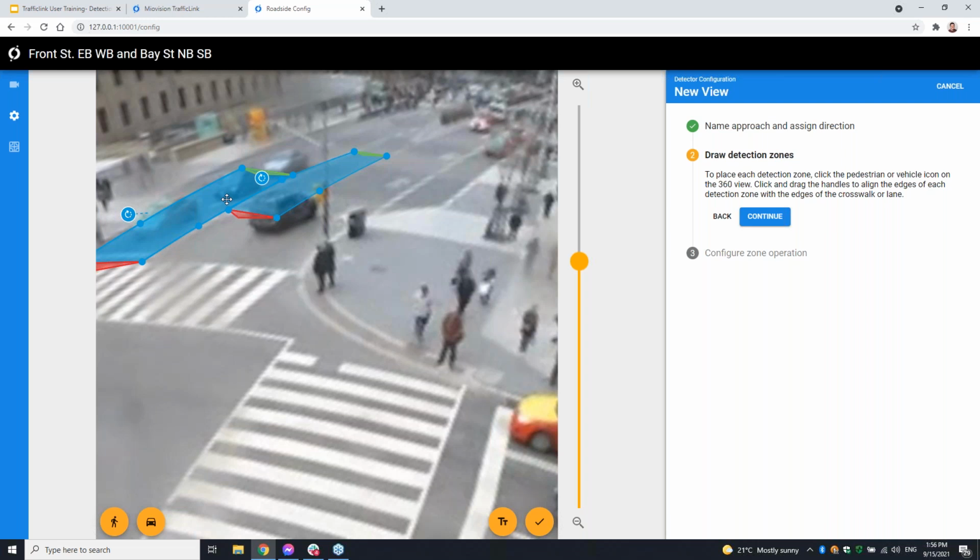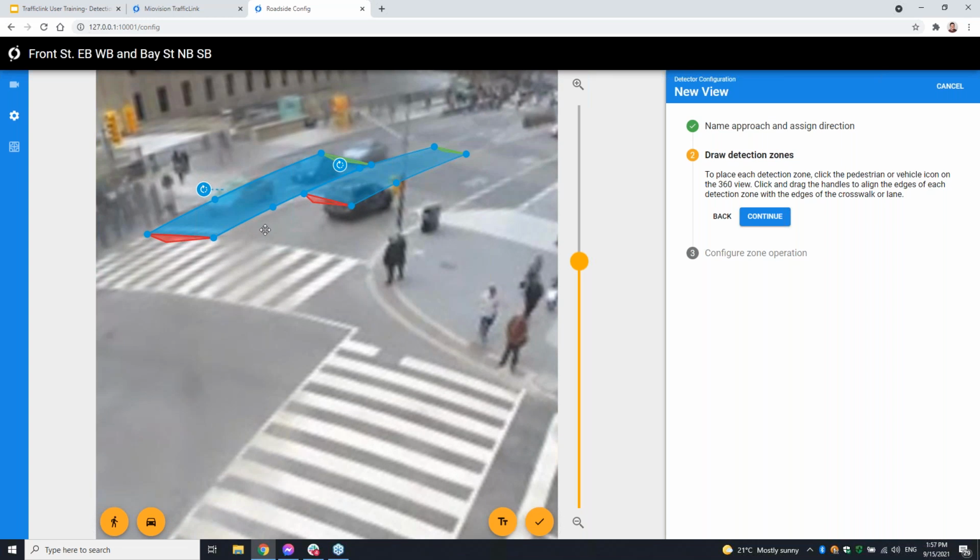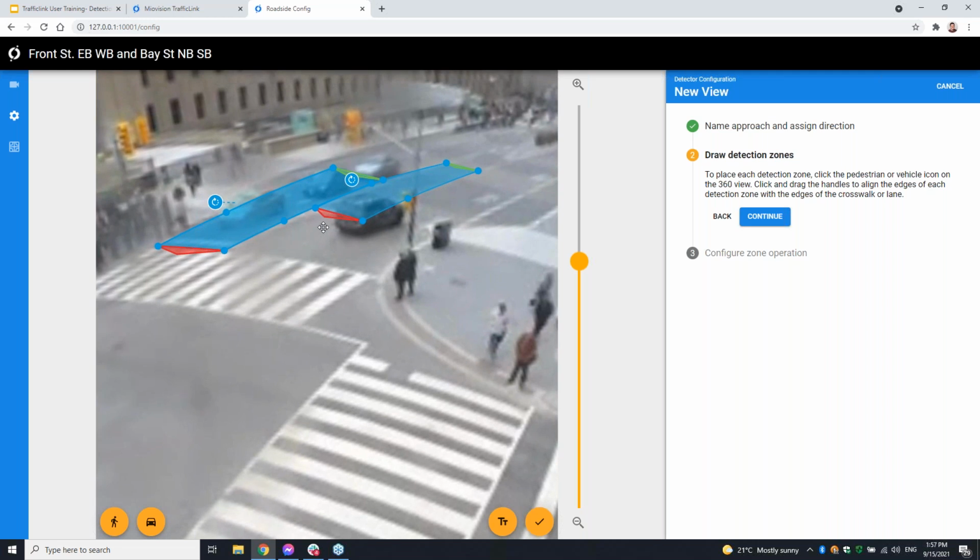The only exception to overlapping zones is classification based. We do have the ability to do a classification based zone for, say, bikes as an example. You can do a zone specific to bikes. You can overlap that with a zone for vehicles as long as the same vehicle zone doesn't also include bikes. So you can separate them out based on classification. I'll show you what that looks like in a second.